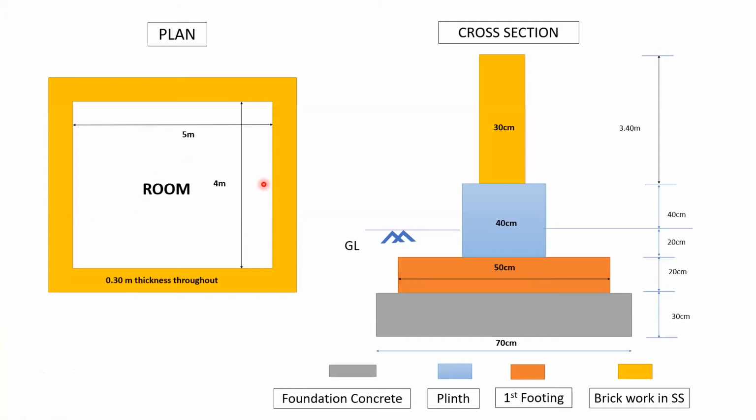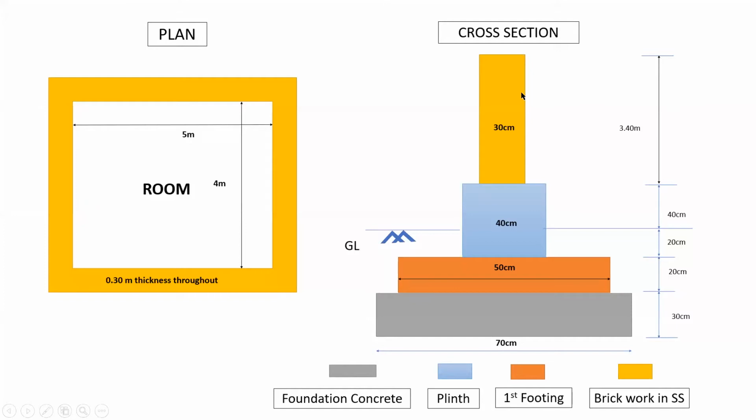So here it is 4 meters. This is 5 meters. Definitely, if it is 5 by 5 meters, then you can choose anything. So this 5 meter wall will be your long wall, and the 4 meter wall will be your short wall. Can someone state in the chat box how many long walls and how many short walls are there? Yeah, 2 long walls and 2 short walls.